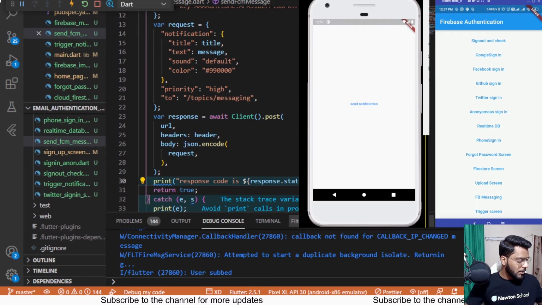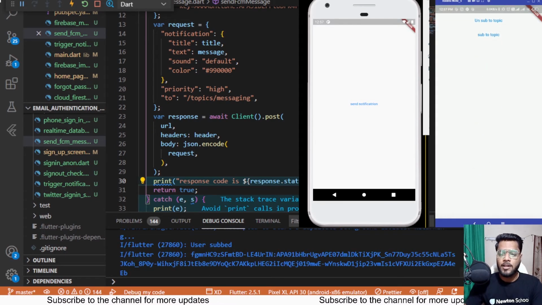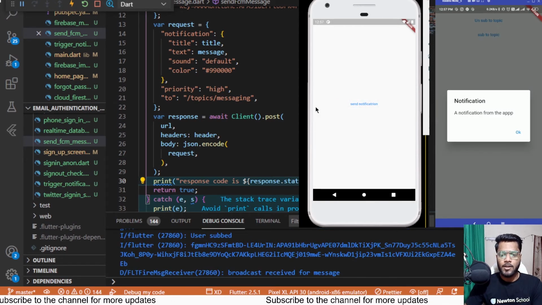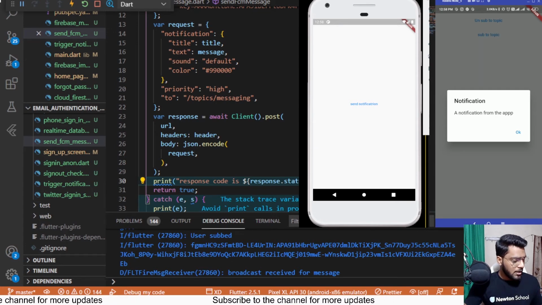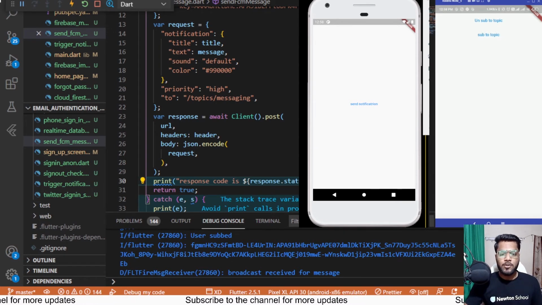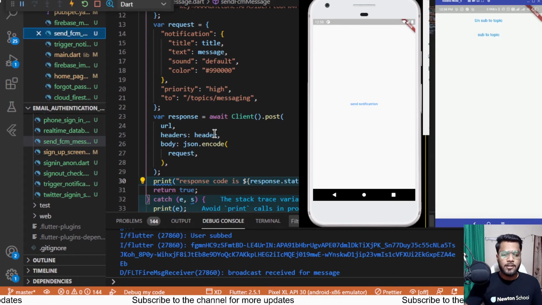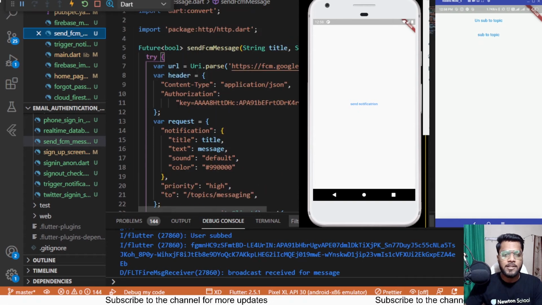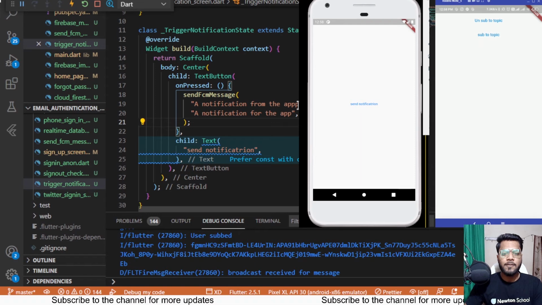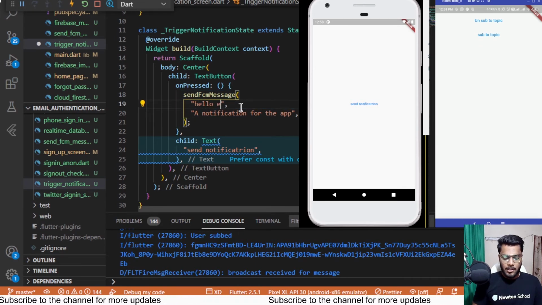So I'll be going back to the screen, that's the FB messaging screen, and I'll be clicking on the send notification button again. And now you can see that we are displayed with a text that says a notification from the app. And one more thing which I can do is I can now change the text from the app, and I can show you that the notification was sent from the app itself. So I'll be changing the message which we are getting from the trigger notification screen. So replacing this with hello people, how are you,